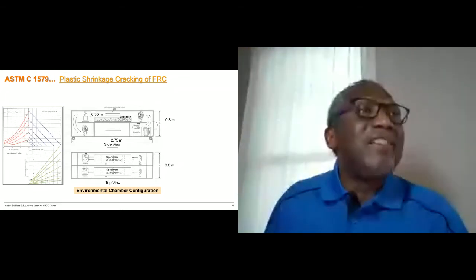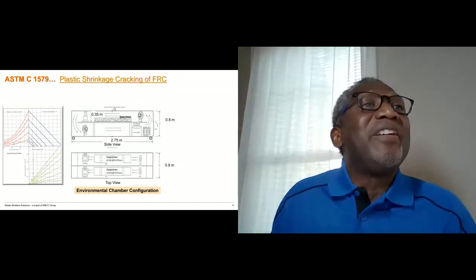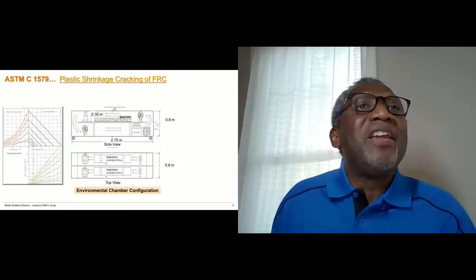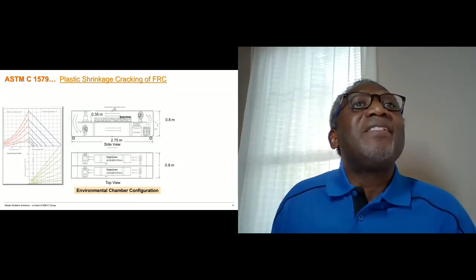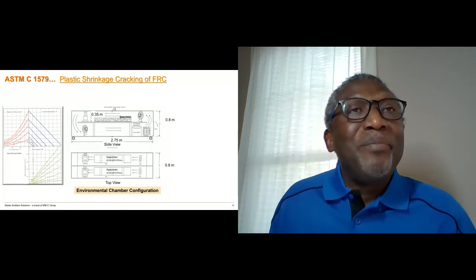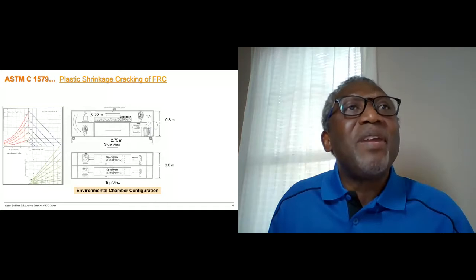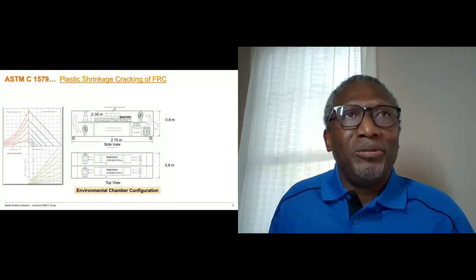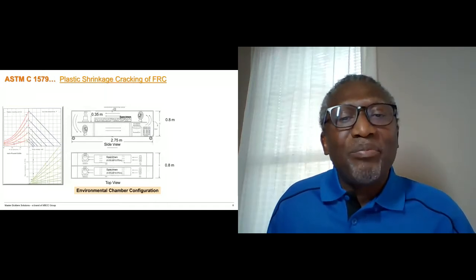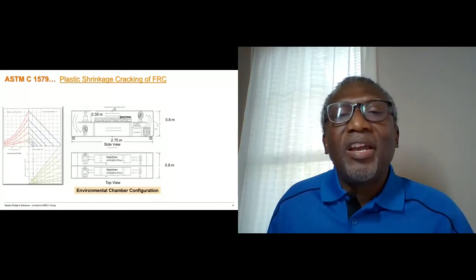So as you can see in this slide, there is a heater that provides heat, there is a fan, and a humidifier. So this way, the ambient temperature within the chamber, the relative humidity, and the wind speed can be controlled. And the methodology provides a combination that is used in order to be able to induce cracking